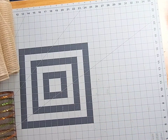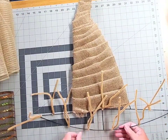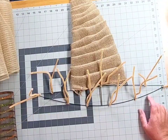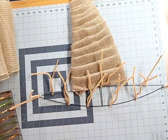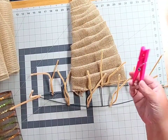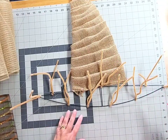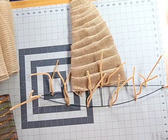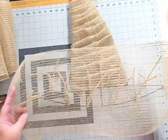All right, our Deco mesh pieces are cut. Our glue has dried on our pipe cleaners on our frame. And so let's bring our frame back up to our work area. It's time to add our Deco mesh into each of our pipe cleaner ties. I would recommend that you grab a chip clip or a clothespin. These actually came in a 10-pack from the Dollar Tree, and I'll show you why that is in just a second here. So we're going to start with the tan Deco mesh that, remember, was 25 inches in length, and